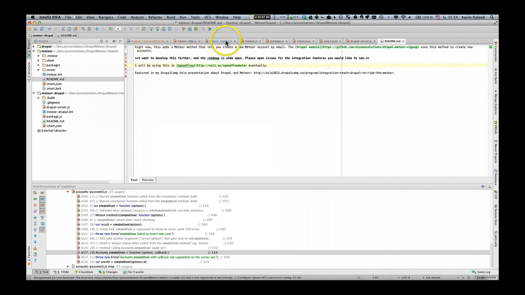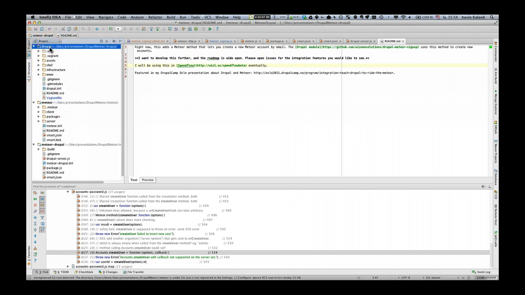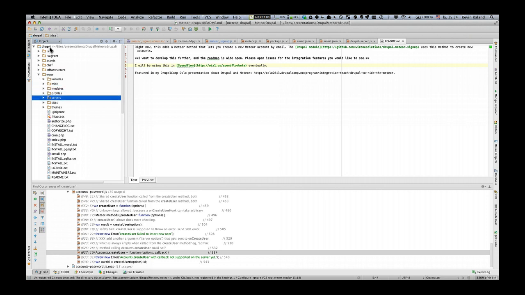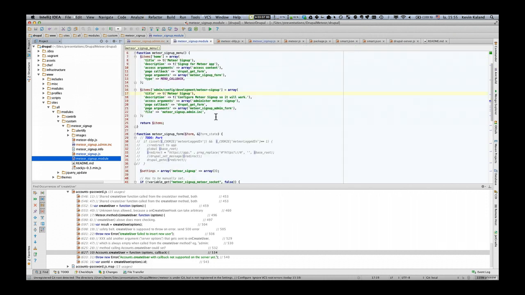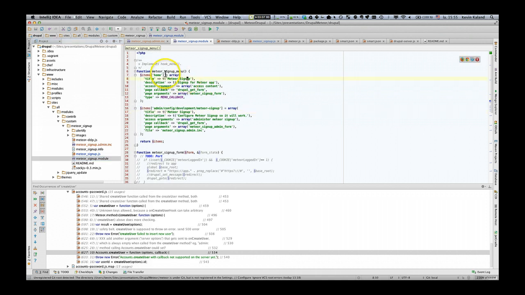I have a Drupal module here. I guess we can start from the comfortable part, called Meteor Signup. For all of these modules, I'll show you the link at the end, or in the question and answers the links will show. They're on my GitHub page, so you can look at the code in your own time later on if you want to. So I have this one where I have that page that I went to,